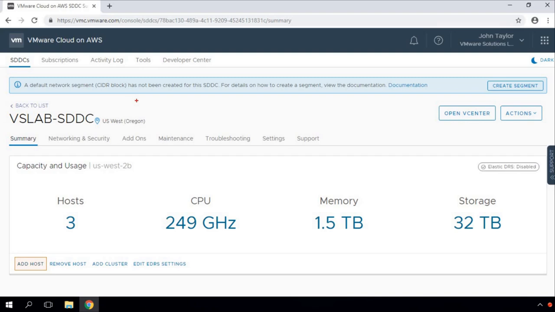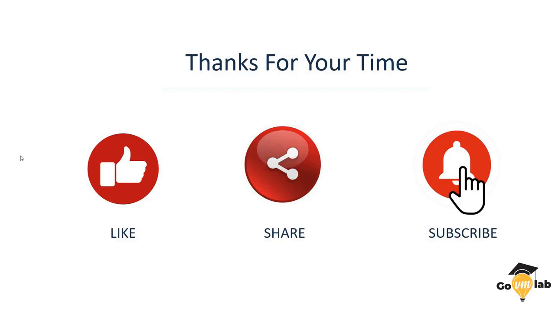Then another important thing, we connected our SDDC with the AWS account. Then we also defined a VPC and subnet association. And last, we also defined the management CIDR for assigning IPs to our management appliances such as vSphere, NSX Manager, vCenter Server, and ESXi host.